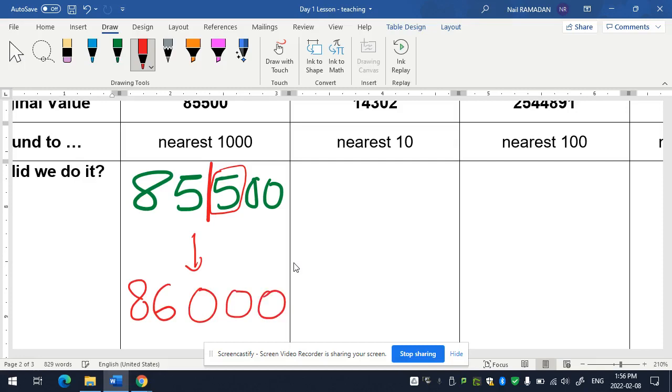Okay, let me just discuss something quick with you here. Everyone, pencils down. I know this probably does not sit well with some of you. It didn't when I first took it. Why would you say that 85,500 is closer to what? How much? It's like telling me, I hope you can see it, everyone, it's like telling me that